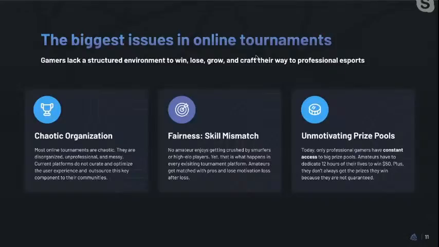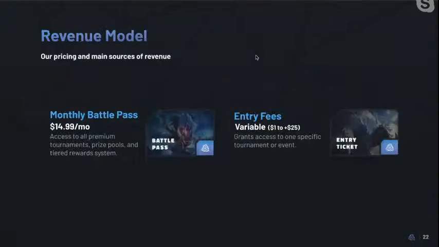And finally, the last issue we found is people today are ready to increase the stakes when playing games, meaning that they're ready to basically gain cash the same way you play on a poker platform and make money out of it. They are seeing millions and millions of dollars going to professional gamers, and so now they want to experience the same thing. So that's where we come in, and I will talk a bit about the revenue model after, but our revenue model is about entry fees into tournaments, a monthly battle pass, a monthly subscription to tournaments. I will talk a bit more about it later on.